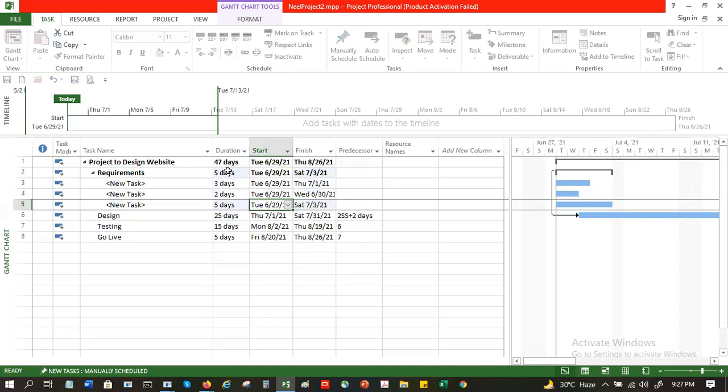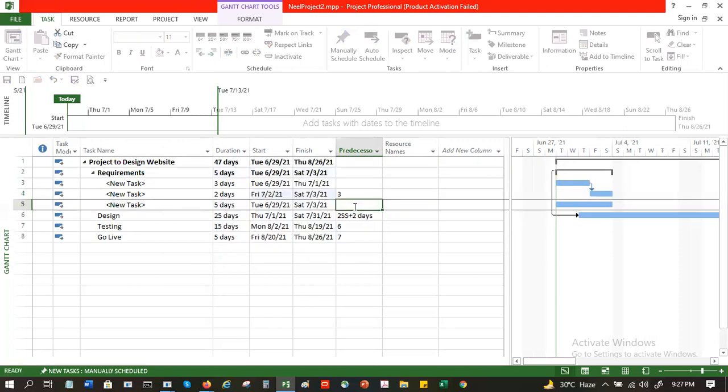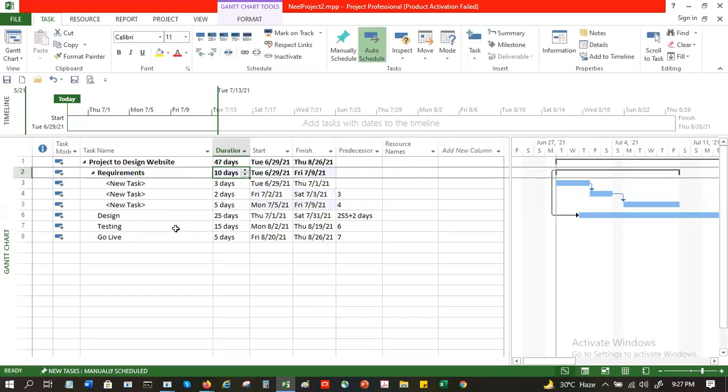If they are in parallel, then the actual number of days is 5 days because they are happening in parallel. But if I make them serial, one after another, with one finishing and then the others, the number of days goes up. Now the number of days is 10, whereas the maximum time limit is 5 days.